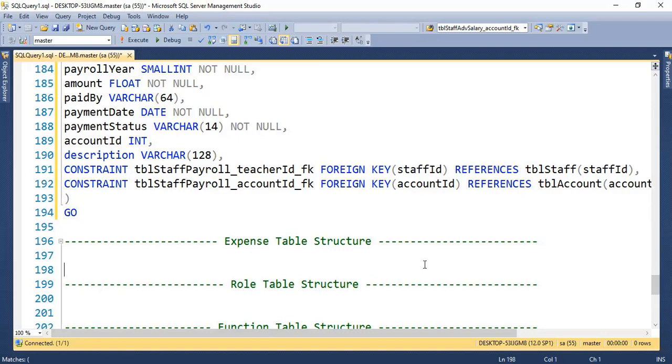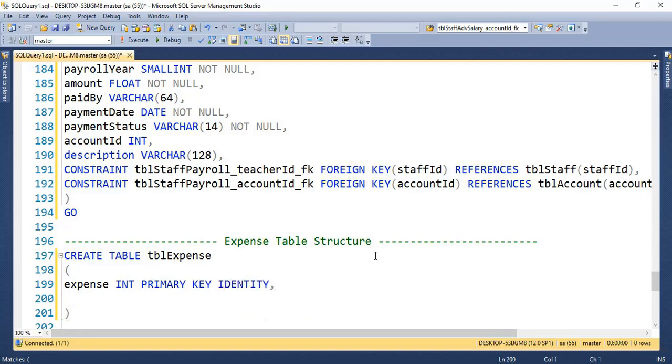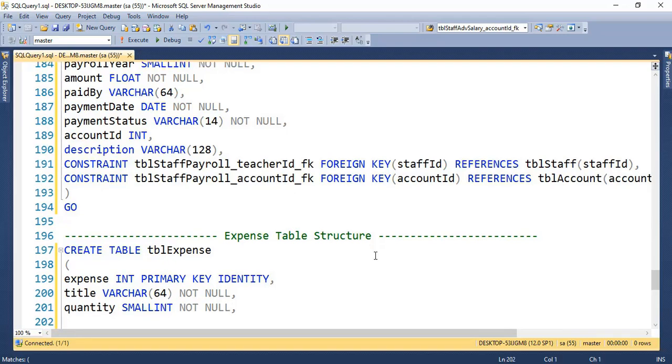Okay, thereafter we want to create the expense table structure. Simple, create table expense. This table has expense ID, for example, primary key and identity. Then we have the title column, for example varchar 64 not null. Then we want to add the quantity column, for example small int and not null. After that we want to add the unit price column,